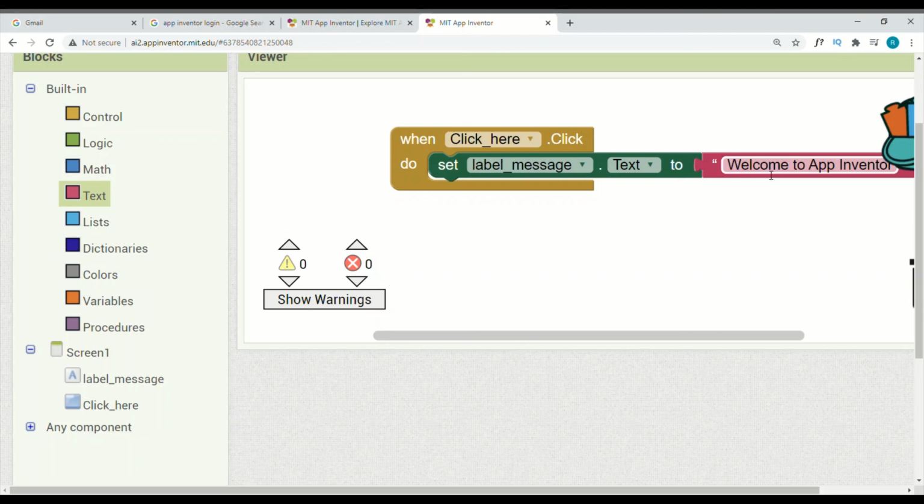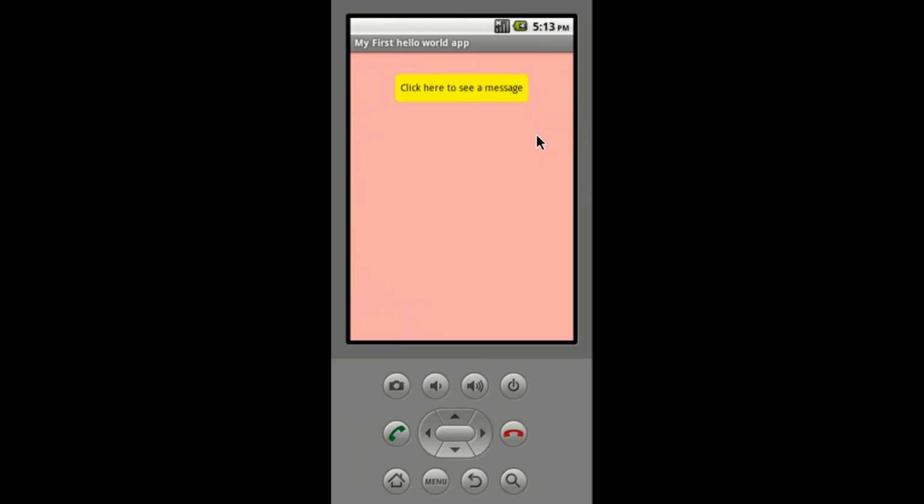If you want to change the text, just click here and we can change the text according to your wish. Now you are ready to test your app in the emulator. Just click the button, click here to see a message. When we click on this button, you will get one message on the label, which is welcome to App Inventor. Clear?